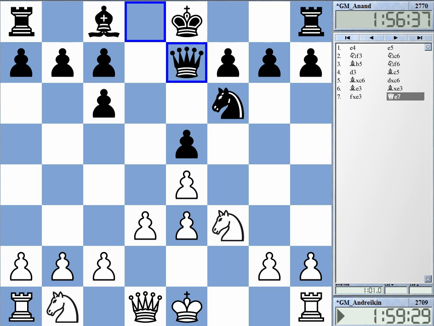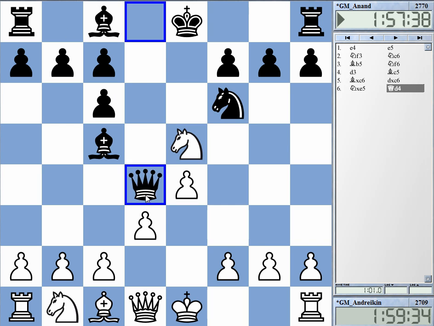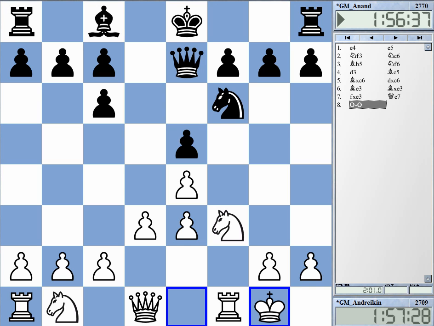White captured, and black played queen e7 to keep e5 protected. About the e5 pawn, I'm just showing it again. After this, white cannot take because of queen d4, and he will lose material. Knight is attacked and mate on f2. Okay, here now Vishy must protect the pawn. He played queen e7, castles,